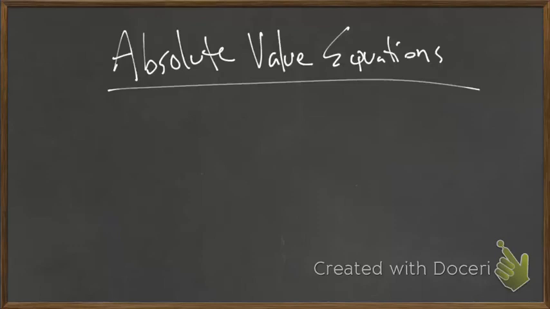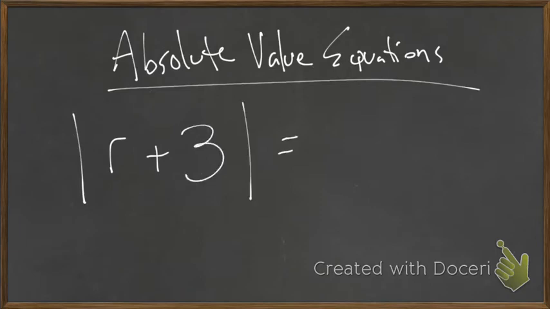So for these absolute value equations, I want you to keep that in the front of your mind. Absolute value means distance from 0. And to isolate a variable, things are going to work exactly the same. All right? So the first one we're going to look at is the absolute value of r plus 3